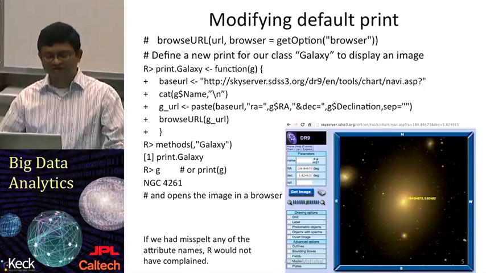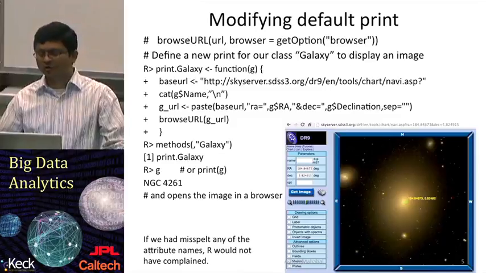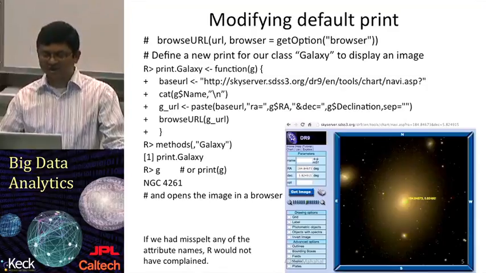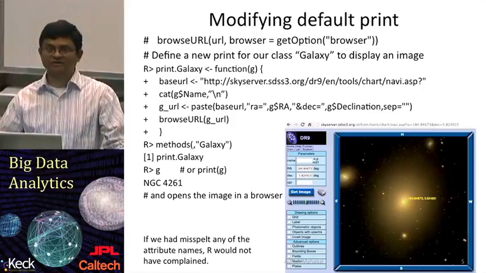And then we define within the function a base URL, which can be the URL that we want to go to. And the URL is going to depend on two variables in this case, the array and declination for the galaxy. So then we cat the name of the galaxy, which will get printed on the output. And then we paste the base URL, the array with its value, the dec with its value. And the last argument is also very important, separator without any spaces, because the default